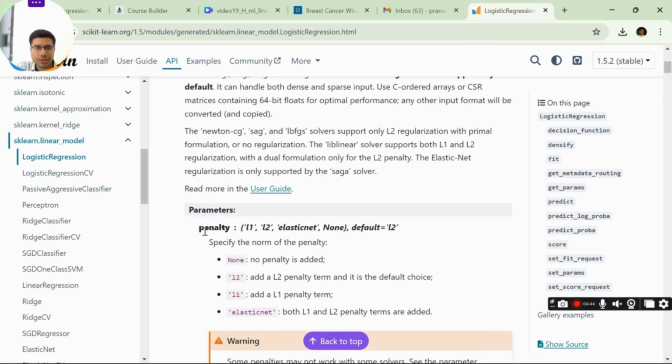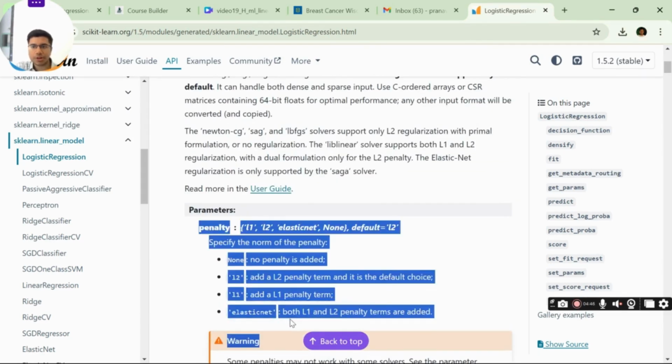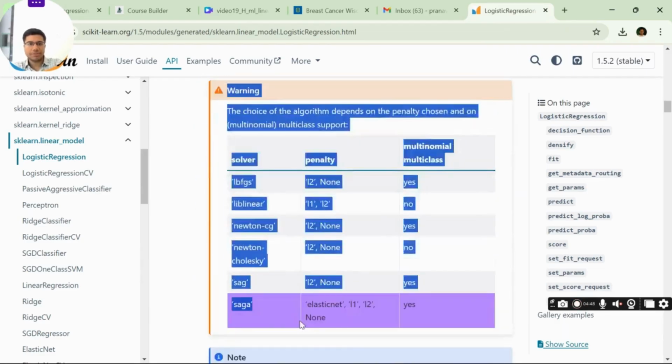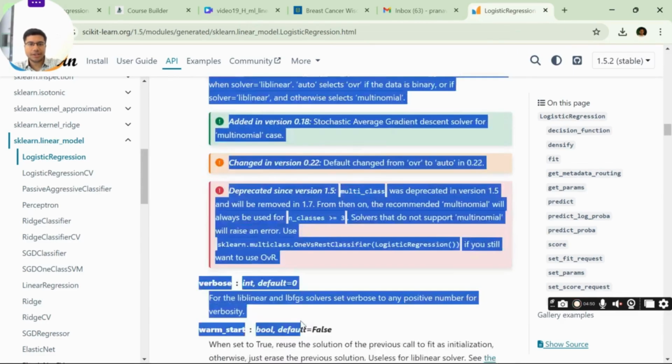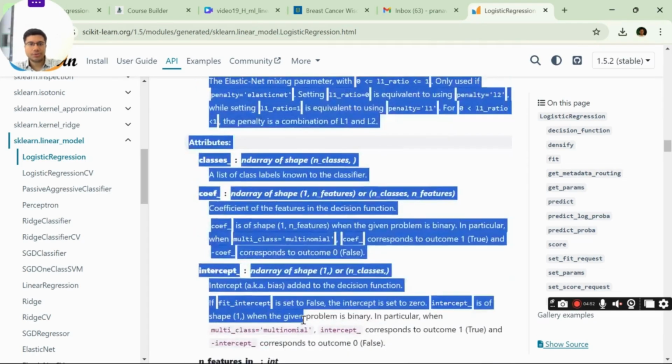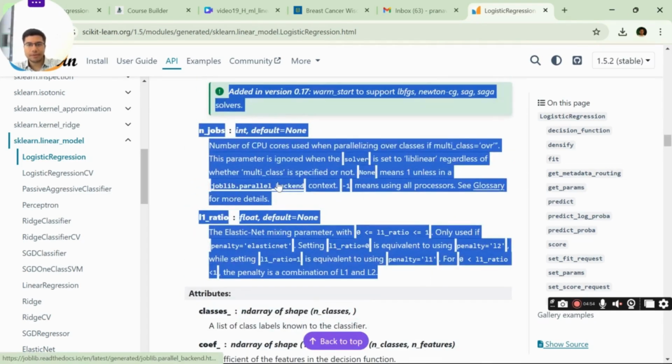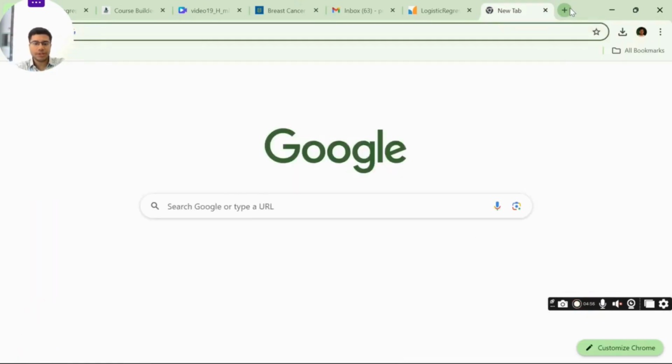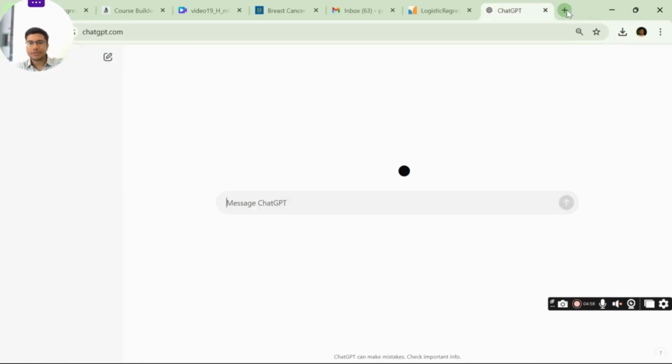What I do is I copy all this, the whole parameter list, and take it directly to ChatGPT. So I am copying here, I am opening ChatGPT.